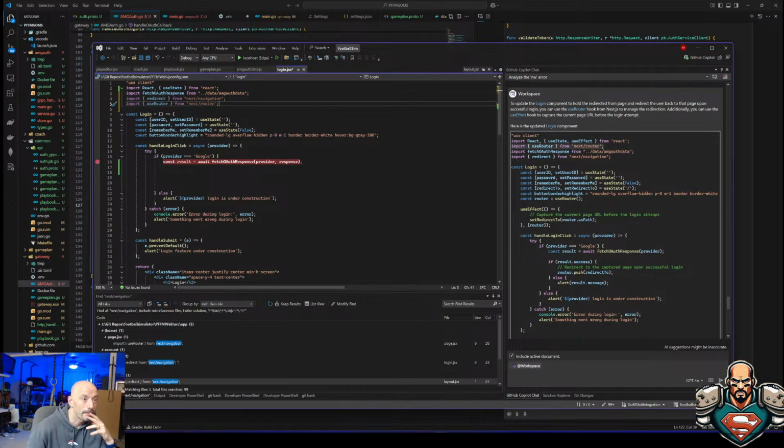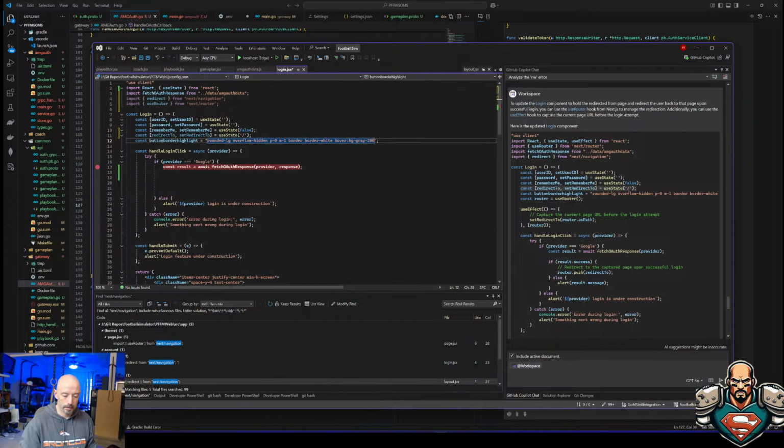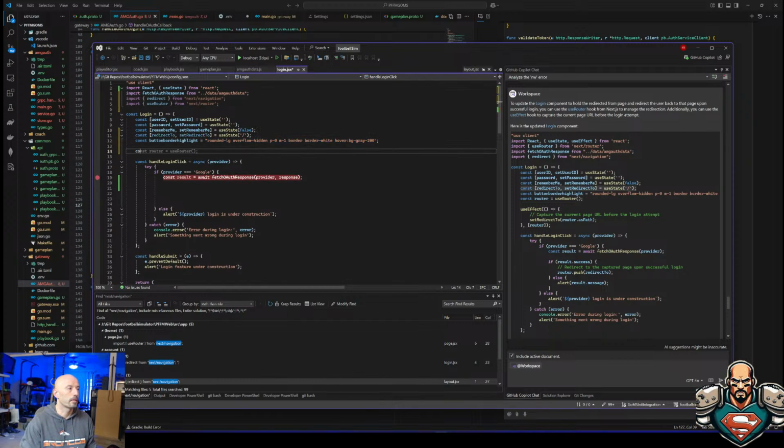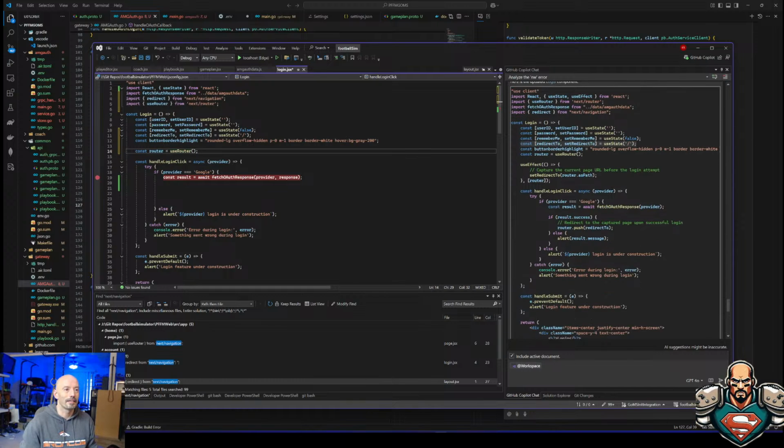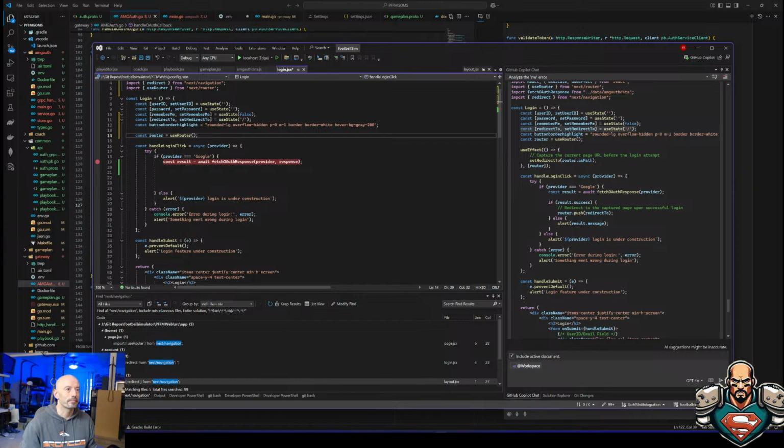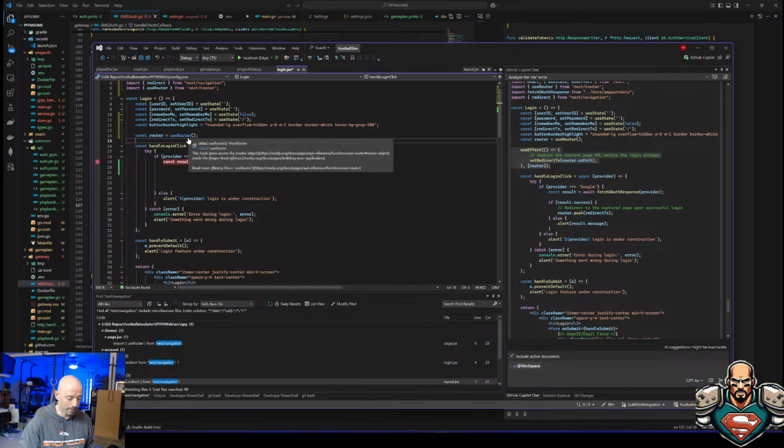It may have just not got rid of my redirect because it probably thinks I don't need it. All right, so things I have: user ID, password, remember me, button. But it also has this, which it's thrown in there, and then we have const router, use router. Okay. And then they're creating this nice little use effect, which is actually going to capture the page, which I think is what I was aiming for.